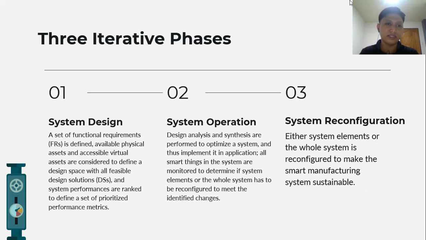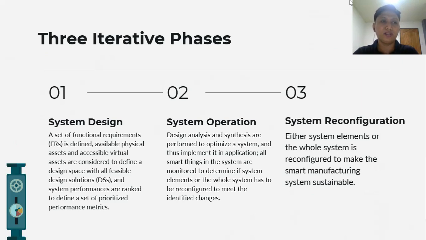First is the system design. A set of functional requirements, FRs, is defined. Available physical assets and accessible virtual assets are considered to define a design space with all feasible design solutions, and the system performances are ranked to define a set of prioritized performance metrics. So in the system design